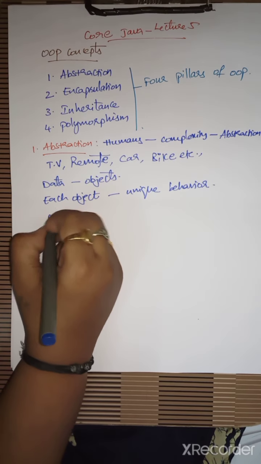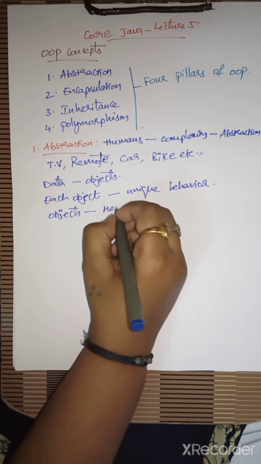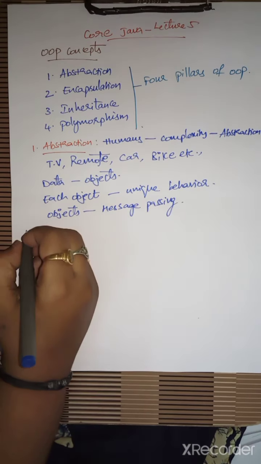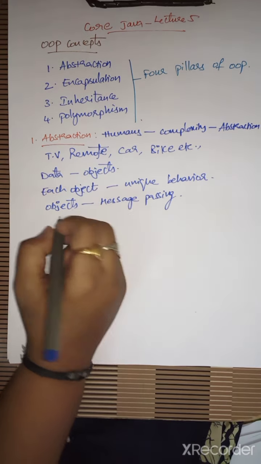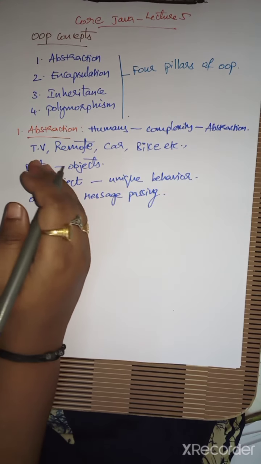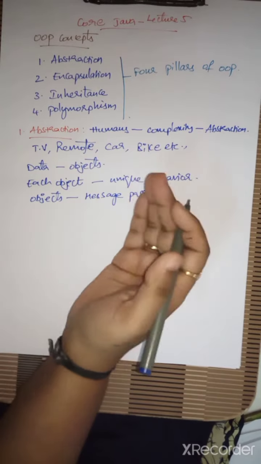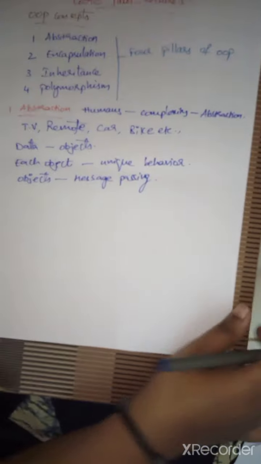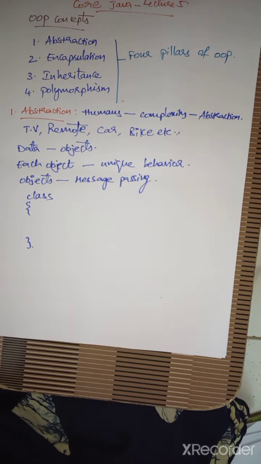All these objects communicate by using a mechanism called message passing. A collection of messages between these objects forms a sequence of process steps. So here abstraction hides the implementation details, and the objects interact with each other through the message passing mechanism. Let me explain this in the concept of class and objects.